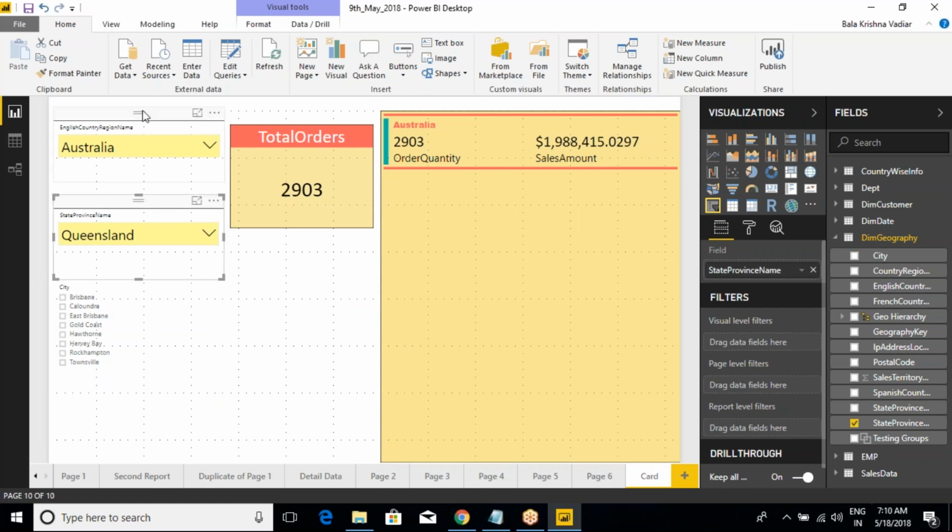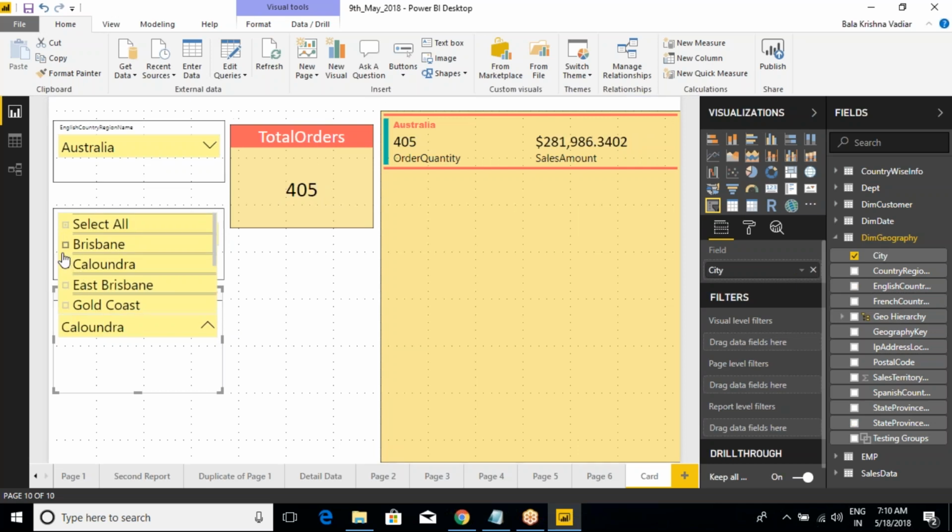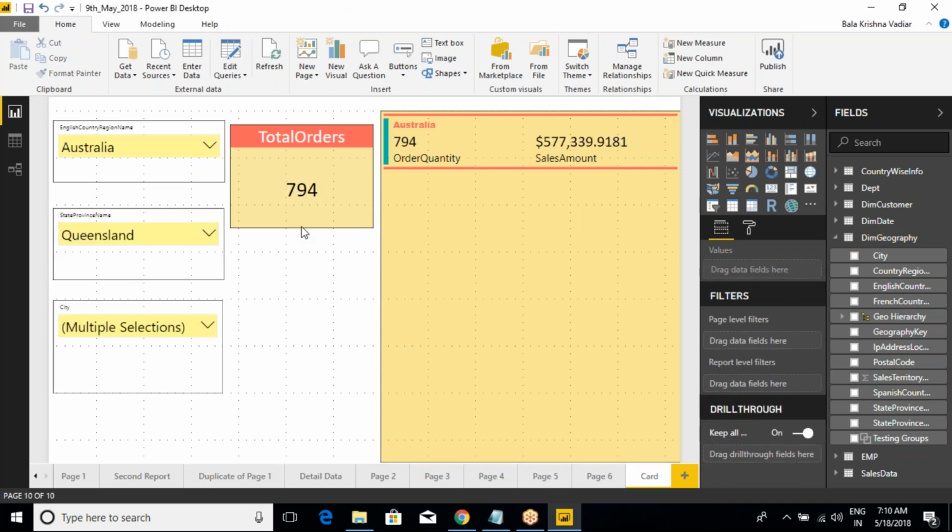I'm using the same format painter and applying it. So what is a format painter? It is the same as in MS Word, Microsoft Office. Whatever font and color we applied for the above slicers will be copied and applied to this one as well. Now I'm selecting some random cities. As you can see here, these are the total orders for the